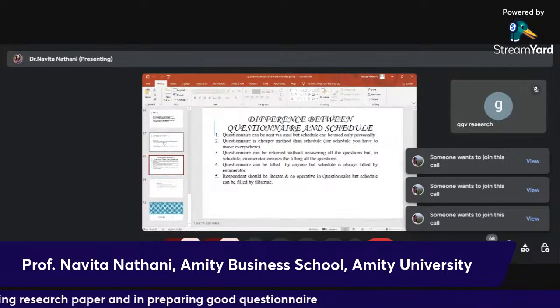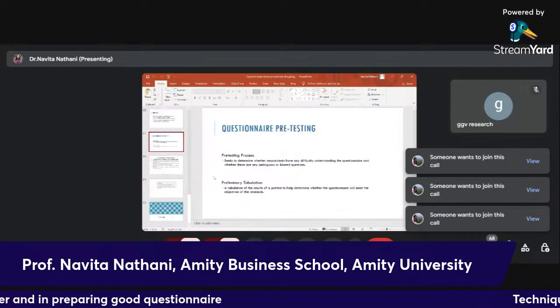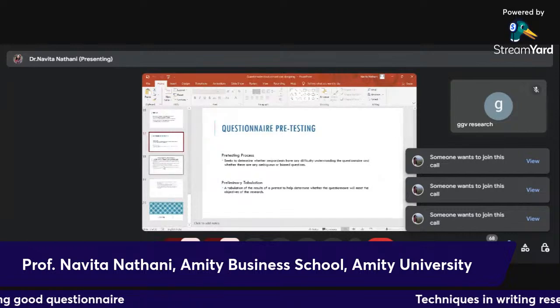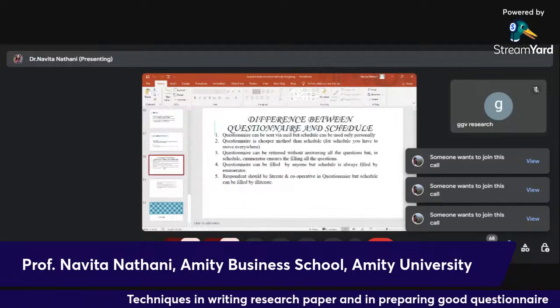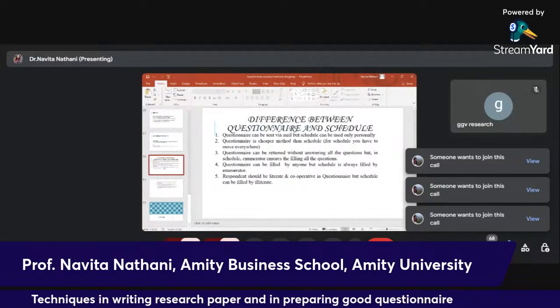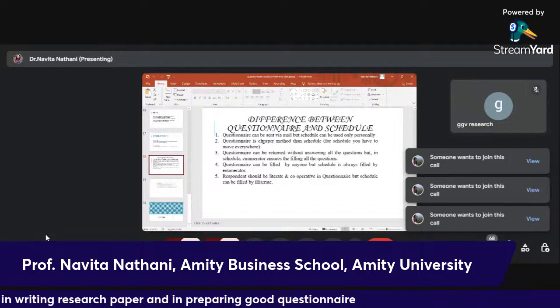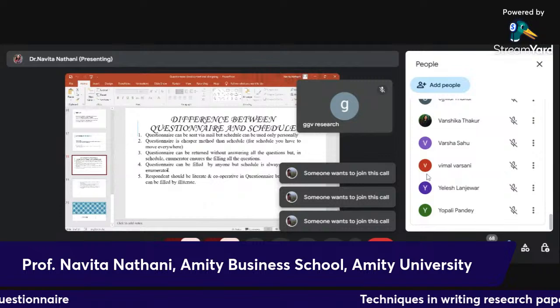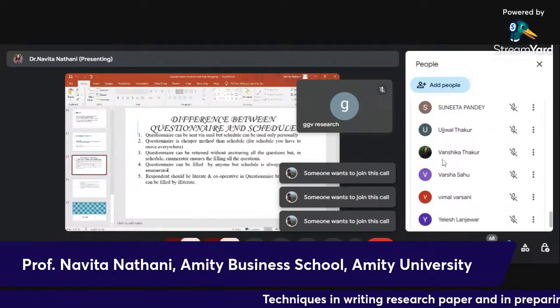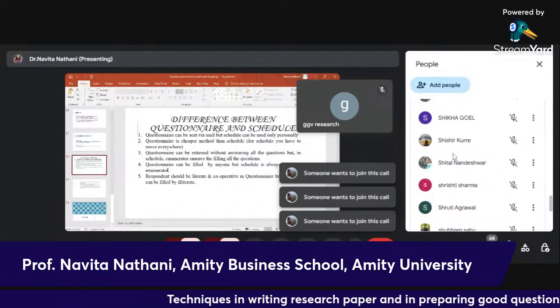So this is a questionnaire pre-testing. Like always, pre-testing is required whenever you are preparing any questionnaire. This is only for the pilot study. So you need to do the pre-testing of the questionnaire based on that. And the difference between questionnaire and schedule: in a schedule there is an enumerator, and schedules are basically for those who are not able to fill those